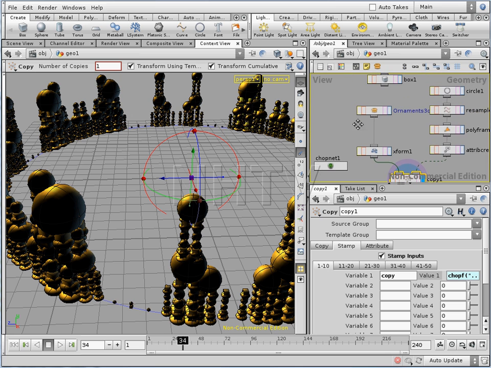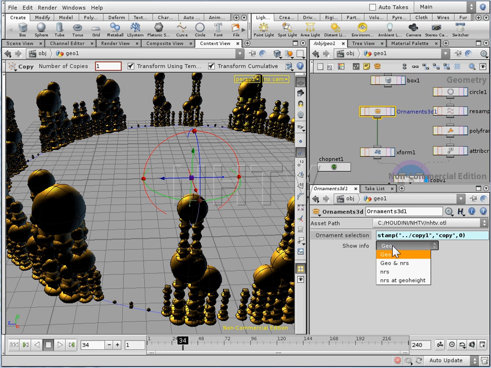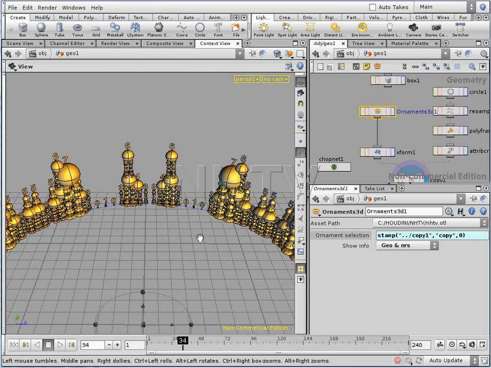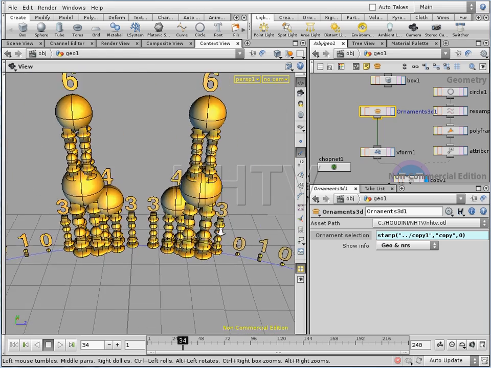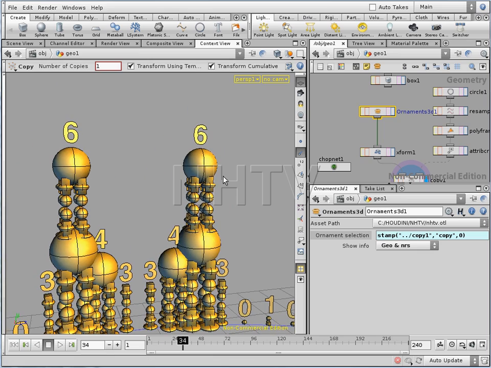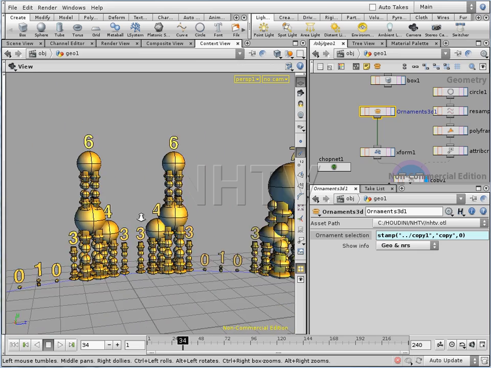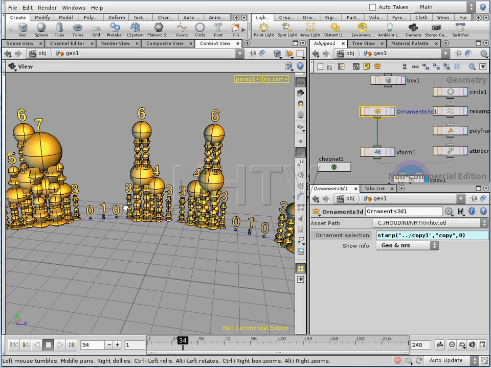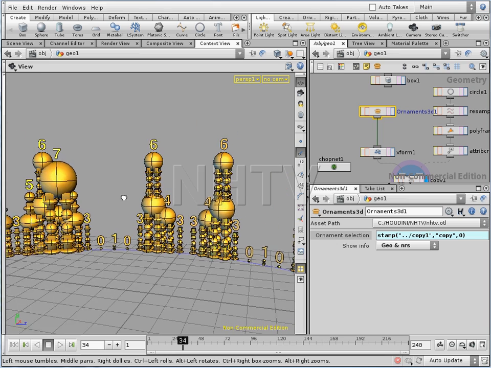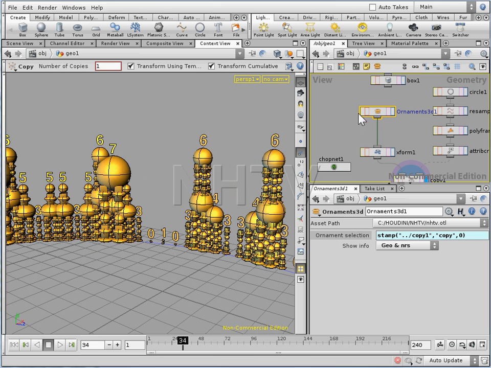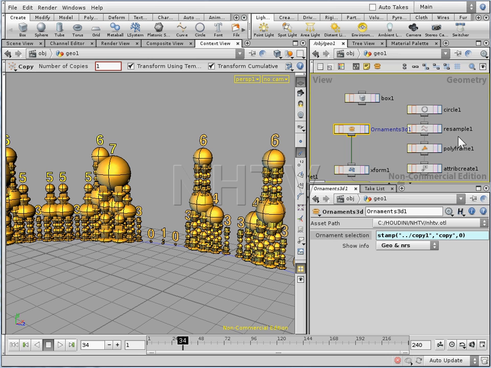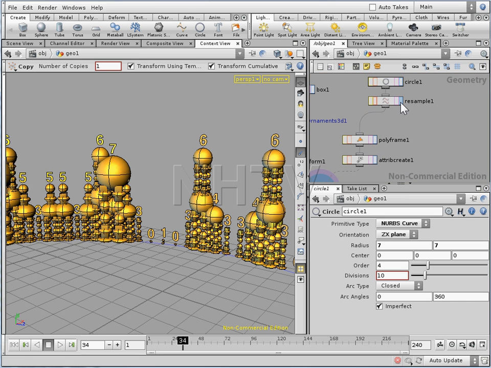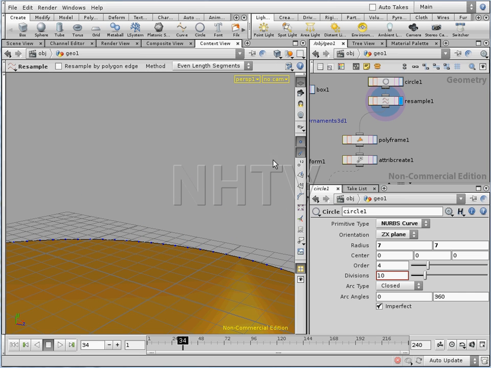So in this case, and that's why I've added the info over here, if you show geo and numbers, we see right here we have a 4 and a 6 sitting nicely together. Now that special combination is something I want to use to do something special with. So what I'm going to do right now is, over here at the resample,